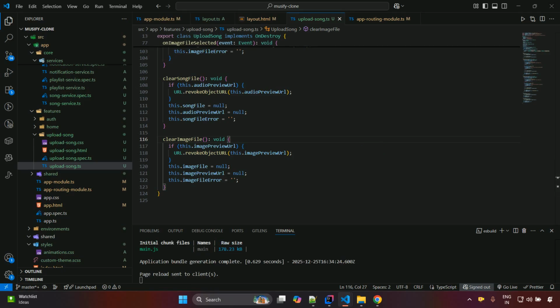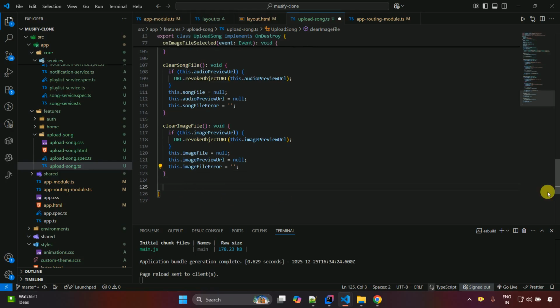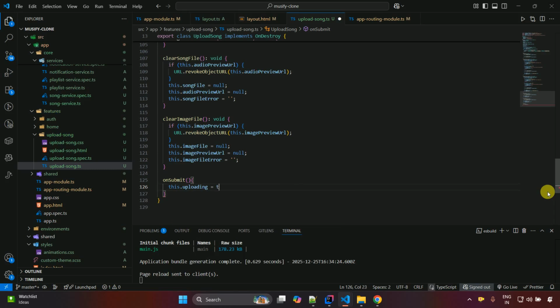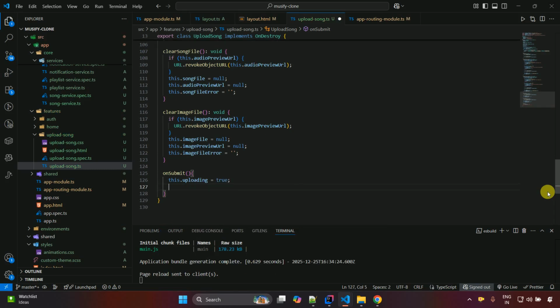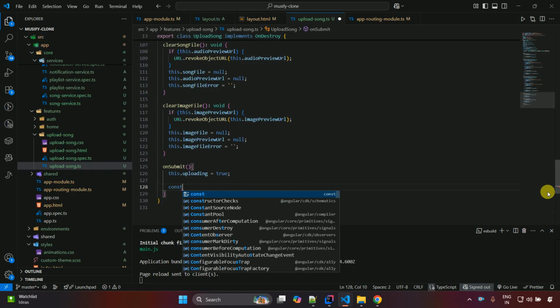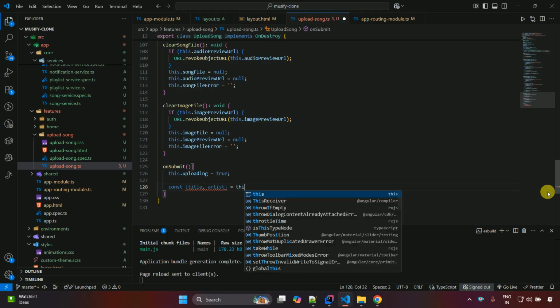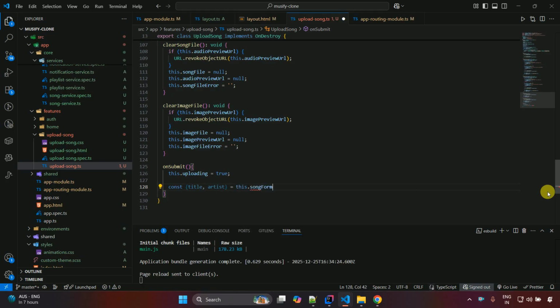And we don't have any error as of now. Now we have to write the logic to upload the song, right? So we have to create a method which is onSubmit, and in this one we write this.uploading is set to true whenever someone clicks on the save button. And then we have const title, artist equals this.songForm.value,